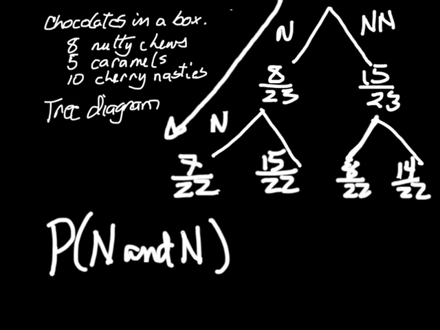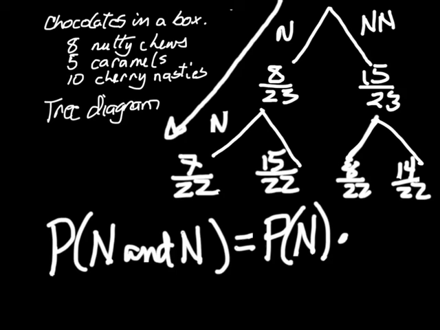It doesn't stay 8 out of 23 because I already took one of those Nutty Chews out and ate it. Well, if that's the case, then the probability of dependent events is really equal to the product of these branches. So it's still equal to the probability that I got a Nutty Chew the first time times the probability that I got a Nutty Chew on the second one,